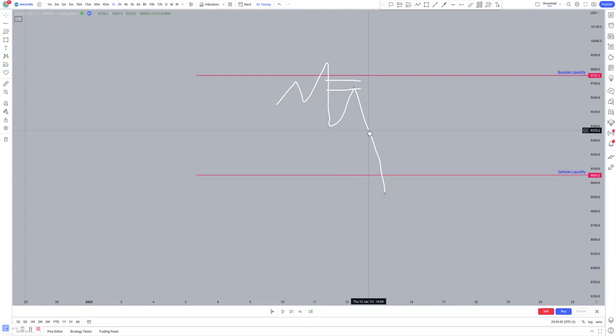M1, and then what he does is he looks for, he enters with FVG. Let's say price has been going down on M15, he switches to M1, and then when there is a fair value gap created, price goes back into it, and then he sells from there. Okay, but then what I'm going to show you is,